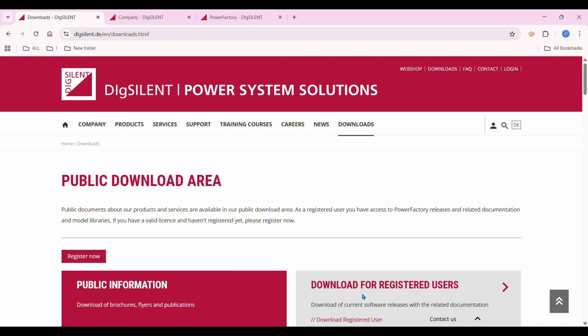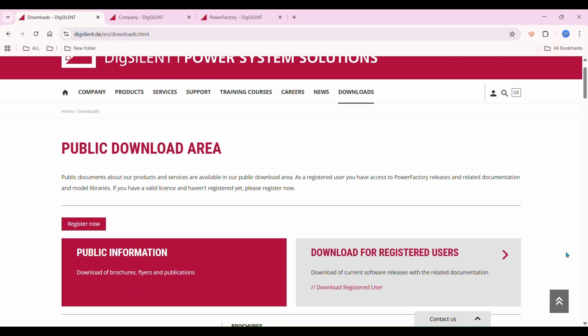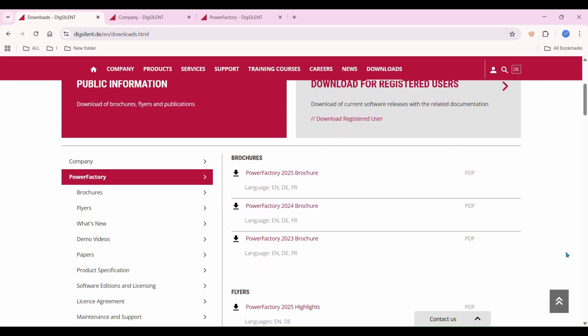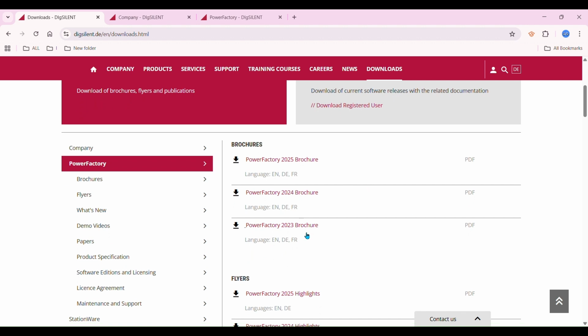Here you see download for registered users, and they will provide the login information. The brochures you can download right now, but for the other things, the entire software, you need a login and password. Please note that the 30-day trial period starts from the day you install the software,